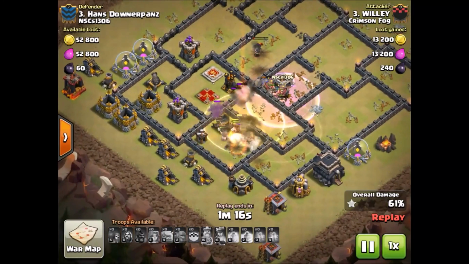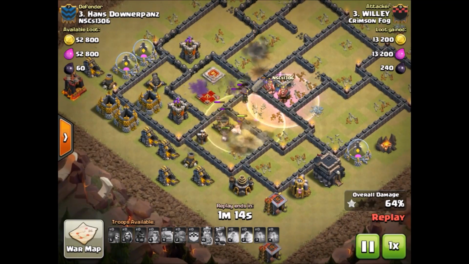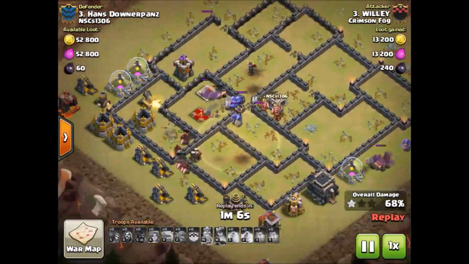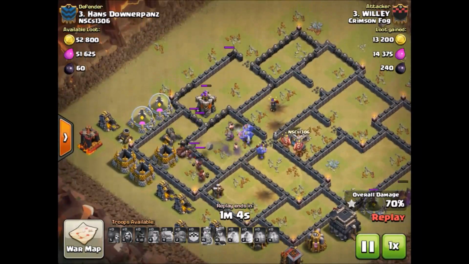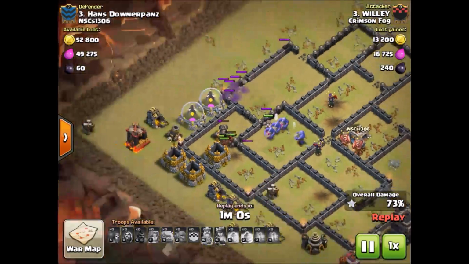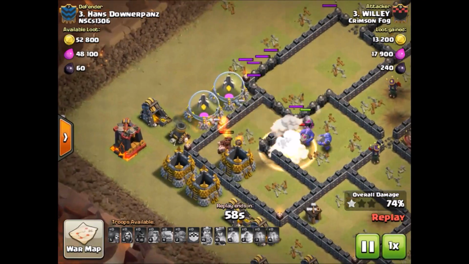I heal up the hogs there. Giant bomb goes off. This was a fresh hit, so I wasn't exactly sure where the bombs were. I was just guessing. And I got a couple of good lucky guesses, too. All of my spells are used at this point. The bowlers take out that archer tower, and the hogs take out...